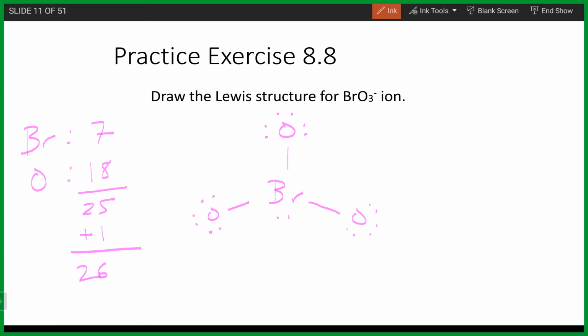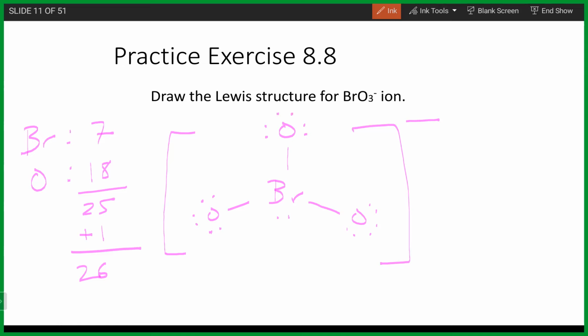And what that does is fill the valence shell of bromine, uses the correct number. Now each of these atoms has 8 electrons around it. So we can just put the brackets around it, put the charge to the top right. But remember, we always want to minimize the formal charges. So if we actually went through and calculated these,